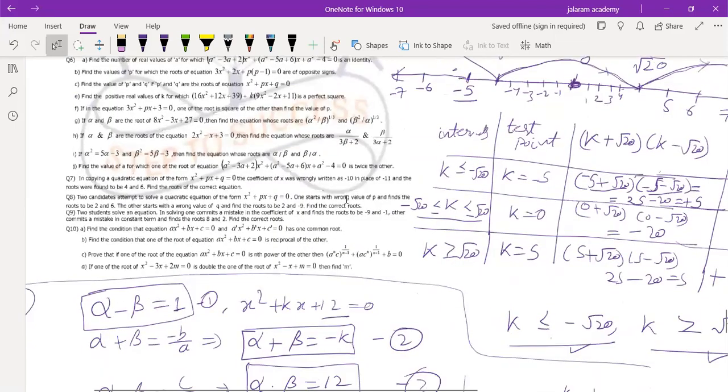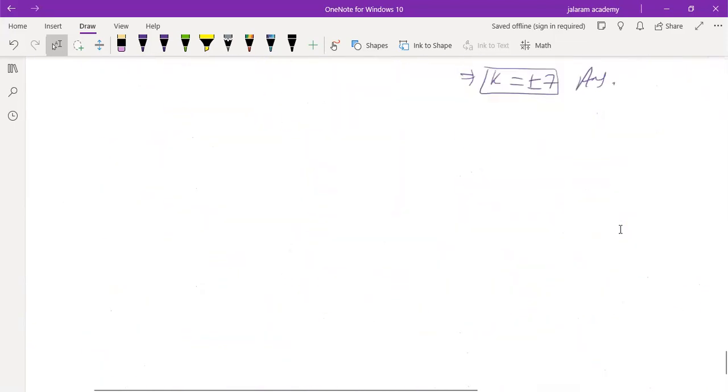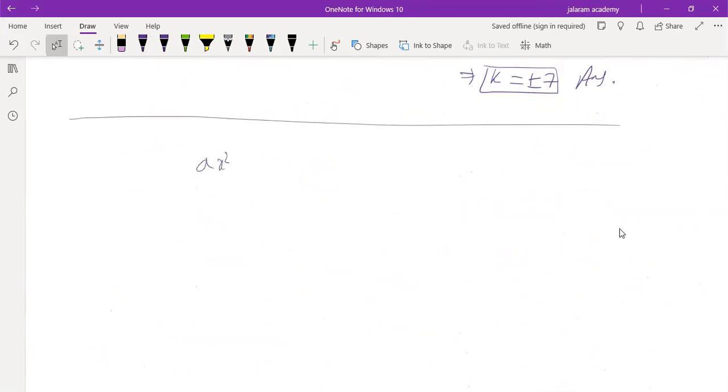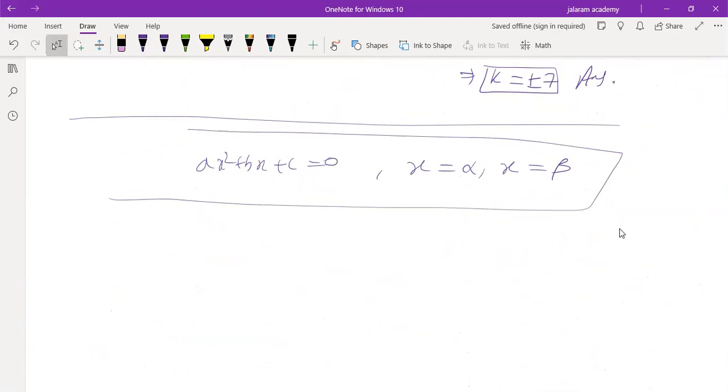is an identity. Identity means, you know the meaning of identity. Acha, I have told you the meaning of quadratic equation. An equation of the form ax square plus bx plus c equals 0. And it has 2 roots, right? Alpha and beta. Again, it is satisfied by only 2 values of x. Is that clear to you? Yes, sir.